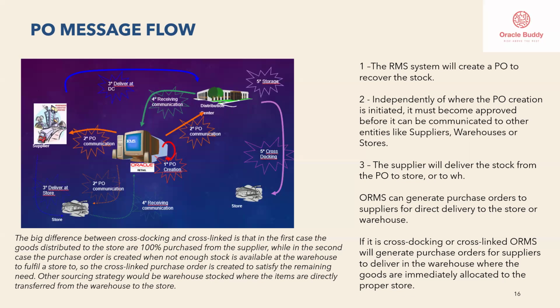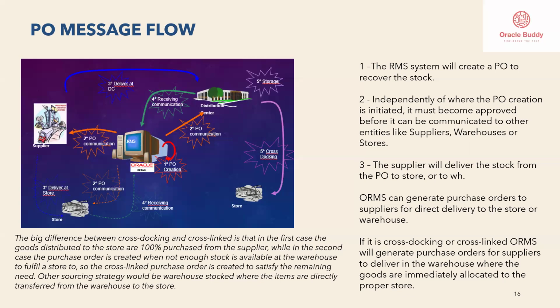So it will go to the warehouse, check the inventory, and then replenish the stock from the warehouse. Suppose we are using cross-docking, it is set up like direct store delivery or cross-docking. So it will generate a purchase order to the supplier directly without checking the stock in the warehouse. RMS will create a PO to the supplier,